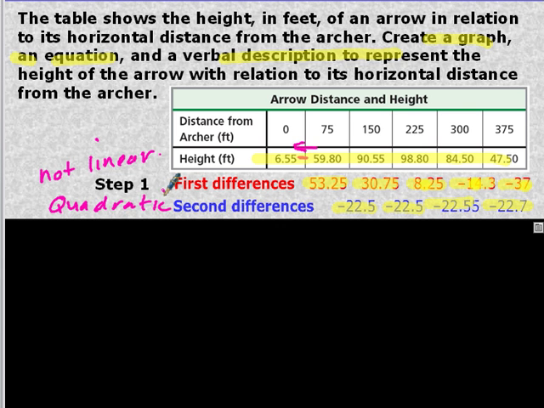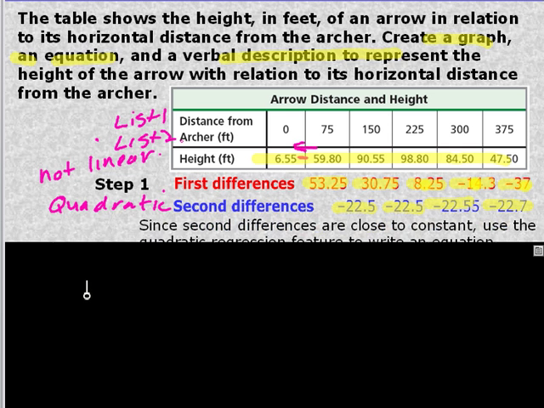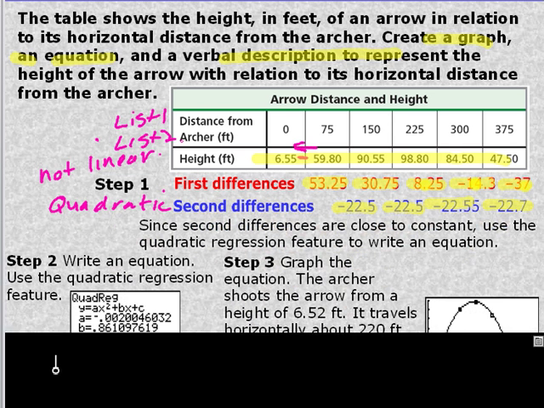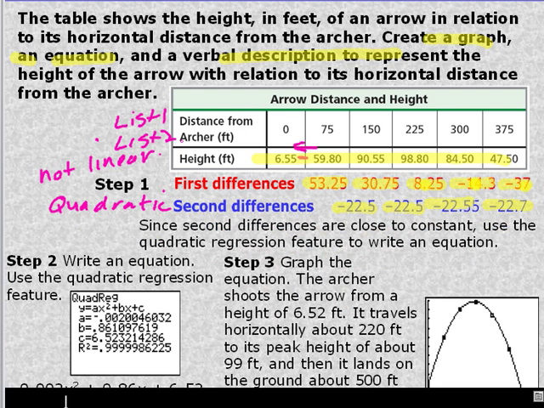All right, so we figured out it's a quadratic function, so how are we going to get an equation and a graph? Well, we have a table of values, so we're going to do our old linear or quadratic regression that we did a few in chapter 5. So this would be, sorry, not table. This is going to be list 1 in your calculator, and this will be list 2. And then you enter those into your calculator, and then you go to your stat calc, select quadreg,